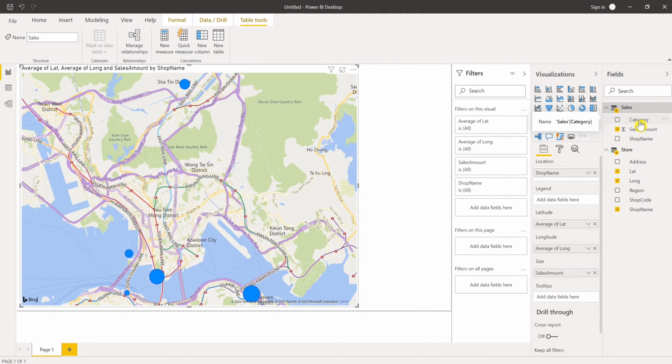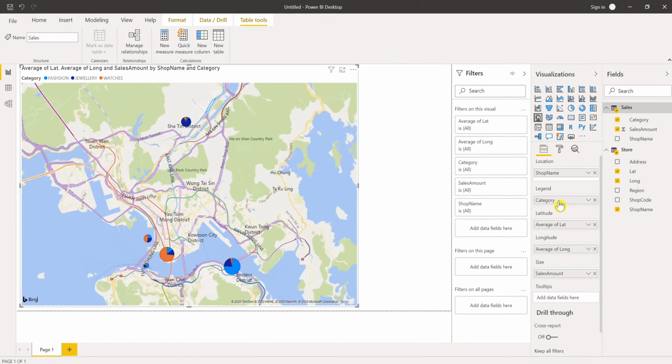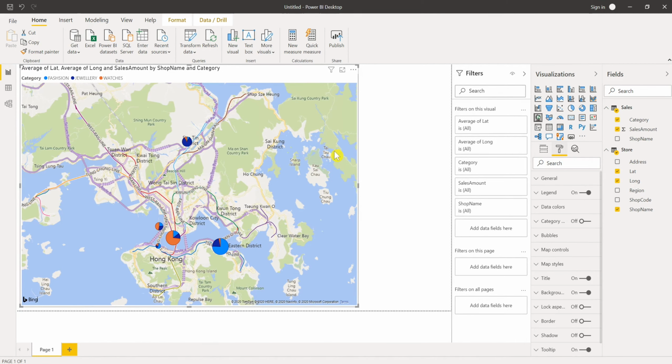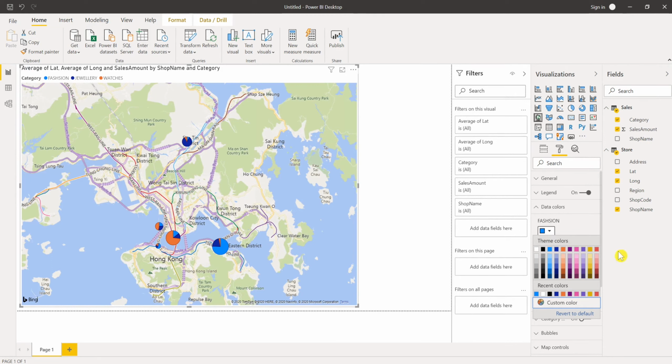And then I will put the category to legend so that we can see how's the combination of the sales. Next, we can modify the format property of the map to make it a little bit better. So I'm going to change the colors in the data color. Okay, maybe the fashion is red, jewelry is